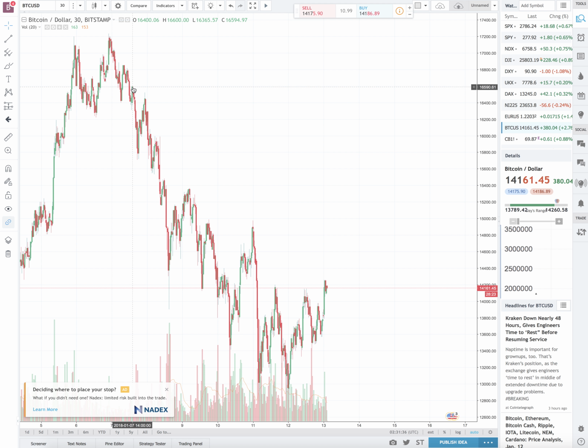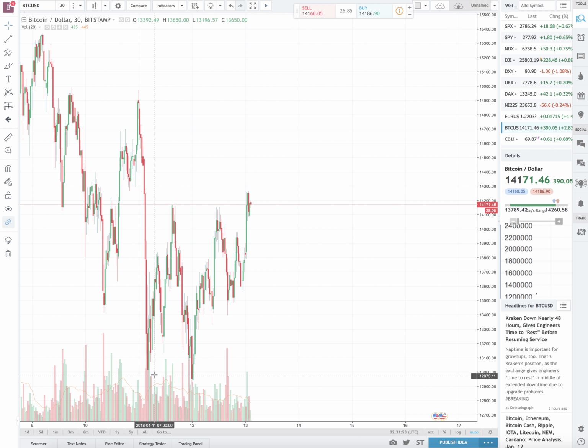And then guess what? It happens again. And then it happened pretty big here. And the buyers came back, still a lower high. Then they sell off. Then the buyers came back again, but it was still lower than this low high up here. So this bearish trend continued